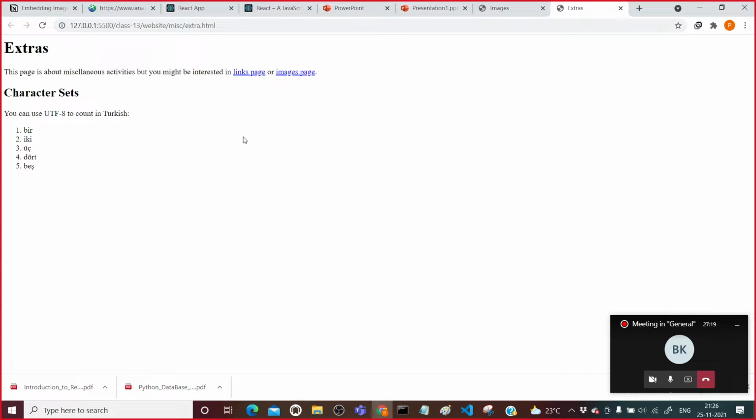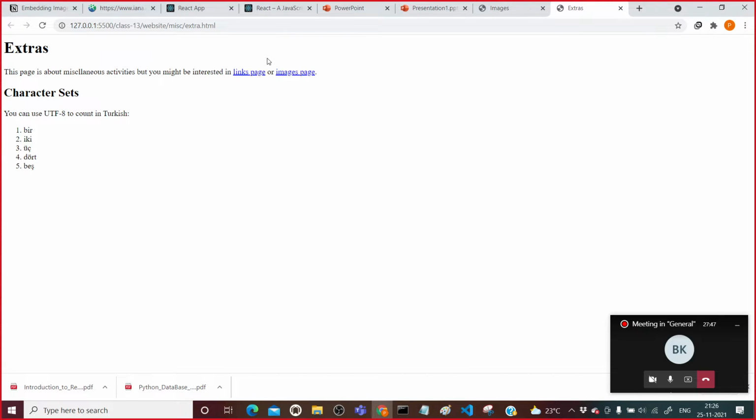Why? Because you have added that UTF-8 in the head section, and whatever you write inside the head section is not part of the visible part of your web page. Those are properties which affect your web page but are not visible to other users.